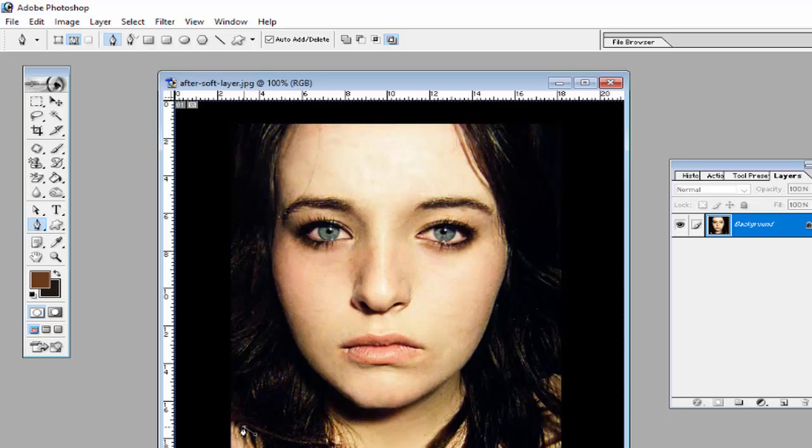Use this pen tool like this to select the body part, or you can say the face part. You can also use another tool to select this body part, that is the lasso tool or polygon lasso tool, or the magnetic lasso tool.